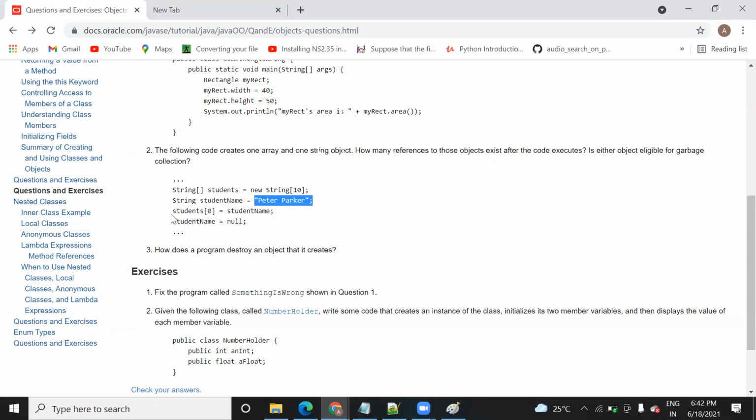Here you are initializing student 0 with the whole value. But why are we initializing null here? That I am looking at. And how does the program destroy an object that it created? Okay.